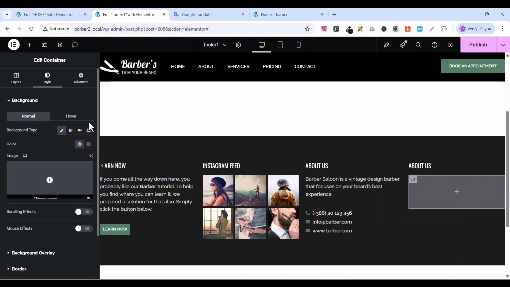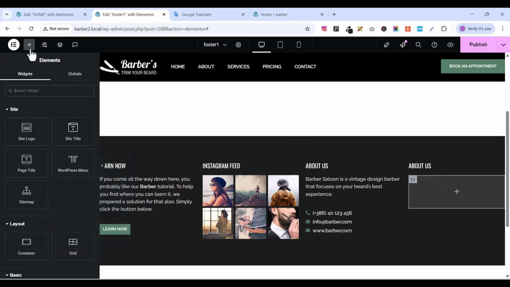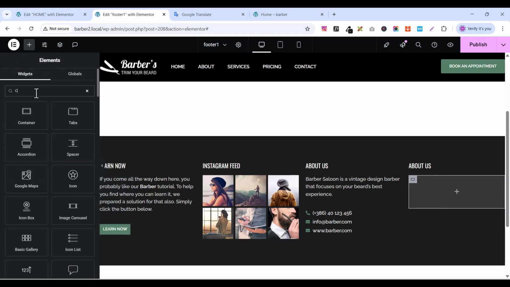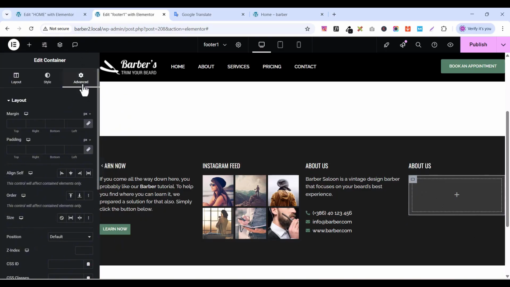Let's select this and make it darker. I think this is okay. So from here, we can add another container inside this container by going to here and looking for container again. Drag the container here, select that container, go to advanced, remove the padding,